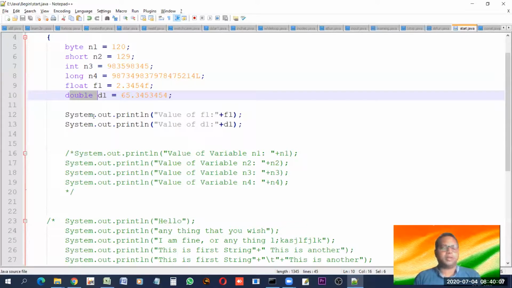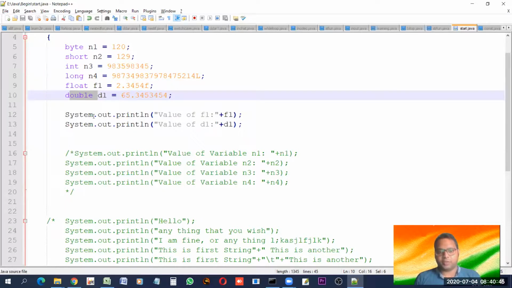If you are sure that there is no situation where decimals can be used, like the number of tickets sold for a show, or number of students in a class, or population, these cannot be in point. We will not have 50.6 students in a class, no. So according to the situation, we decide. If we have to calculate average, then average usually comes in point, so we'll have to take these data types. We have to choose wisely which data type we have to use.